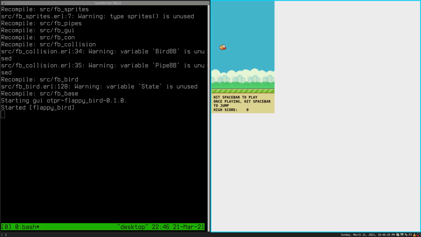Okay, so we got the bird flapping its wings. The object of the game is to not hit the pipes. Yeah, I'm not very good at this. See, it doesn't store the high score on disk, but it does store it in memory. Anyway,